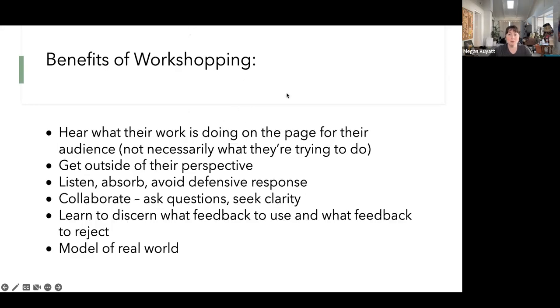So, benefits of workshopping. I am pro workshopping. I think it's a valuable model for young writers, or really just any writers, honestly, no matter where you are in the writing process. I think the benefits are, one,